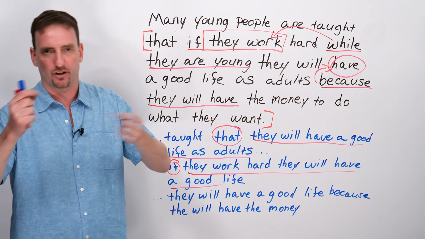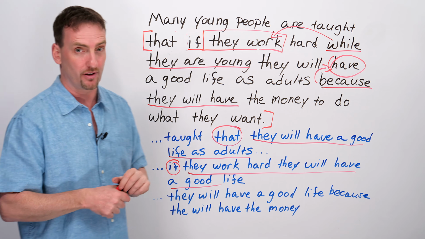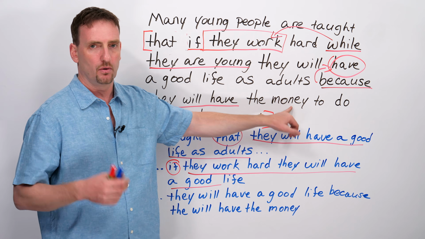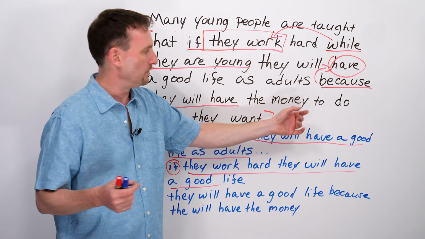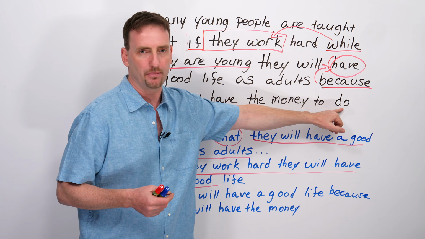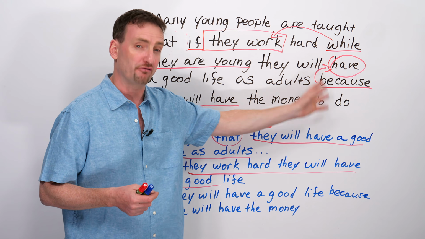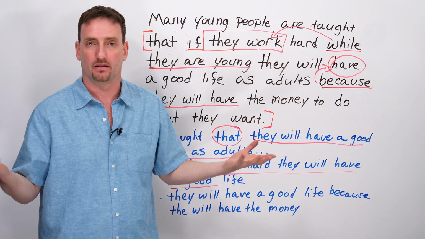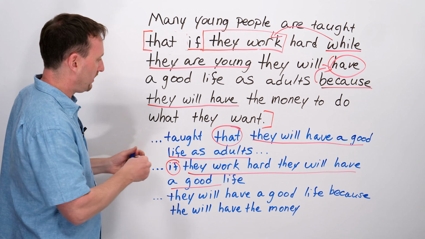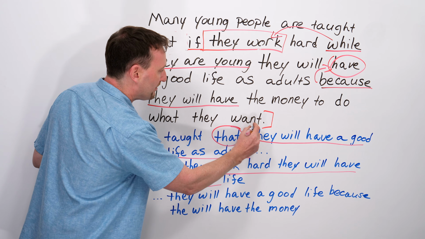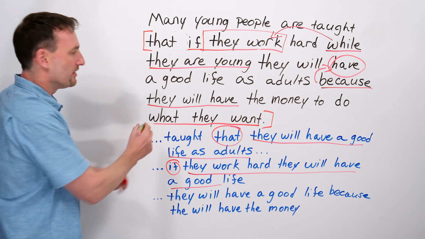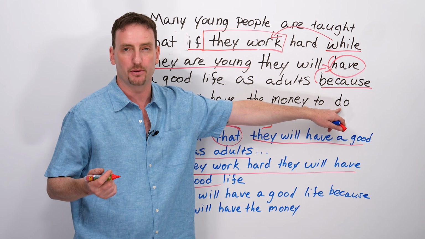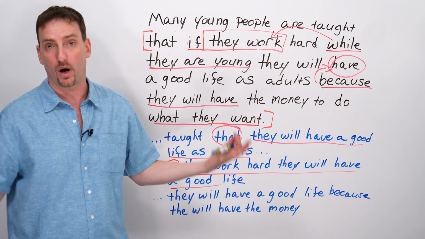But you can share verbs. You can share clauses, so you can have more than one clause. They will have the money. Okay. What about this money? What kind of money? To do something with it, right? So this is a complement phrase, but do needs an object. Do what? Well, they'll do what they want. Now, I have another noun clause acting as the object to the verb do, a transitive object. You need to answer the question, what?